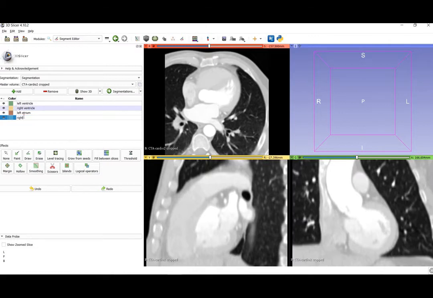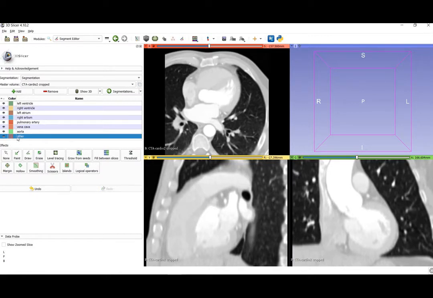Right atrium. Pulmonary artery. Vena cava. There are the superior vena cava and the inferior vena cava. Here we are going to show both of them in the same color. Next, aorta. We can take another one, others, for displaying the tissues and all.